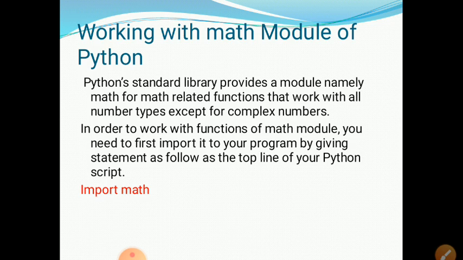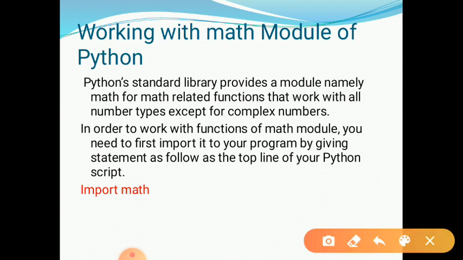The Python standard library provides a module named math for math-related functions that work with all number types except complex numbers. In order to work with the functions of the math module, you need to first import it in your program by giving the statement as follows at the top line of your Python script.